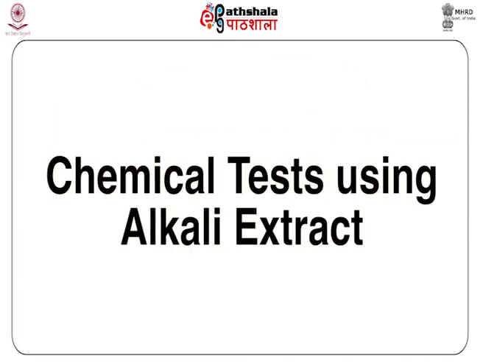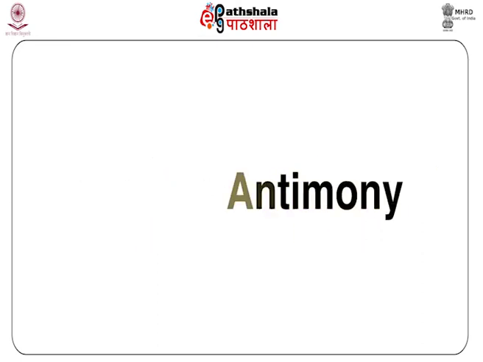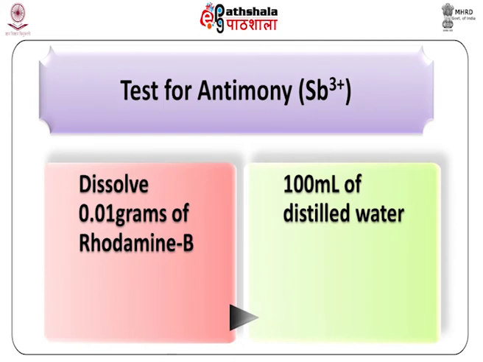Next are the chemical tests using alkali extract. Alkali extract is used for analyzing the presence of antimony and sulphide ions. Test for antimony. The method of preparing the reagent is to dissolve 0.01 grams of rhodamine B in 100 milliliters